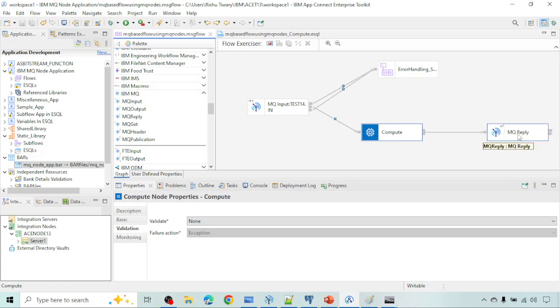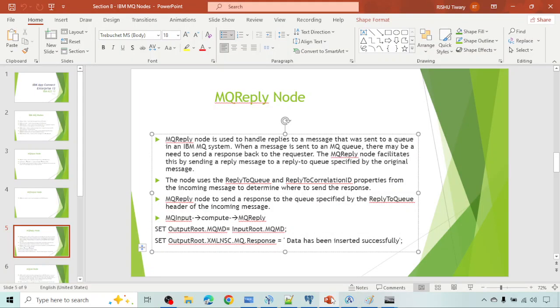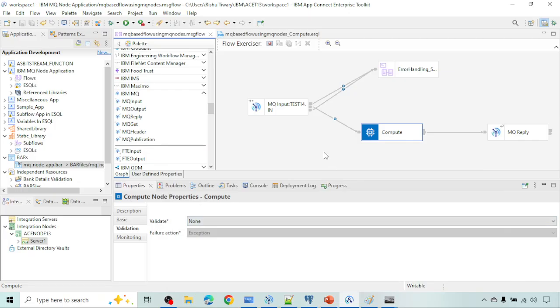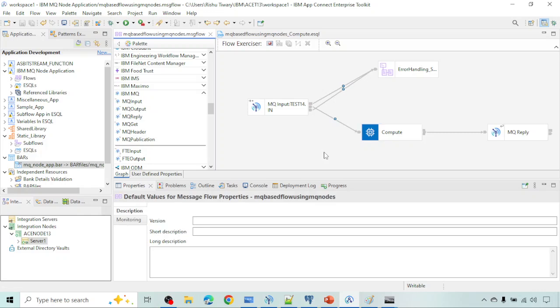Further, MQReply will check what information we need to send to the output and what the reply queue name is. So it will send a reply to the reply queue name, and whatever information it needs to send, it will send that information. Okay, so if I say, the MQReply node is used to send back a response or reply to the requester or originator of the message,